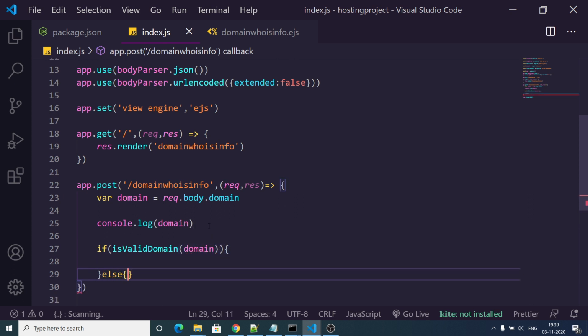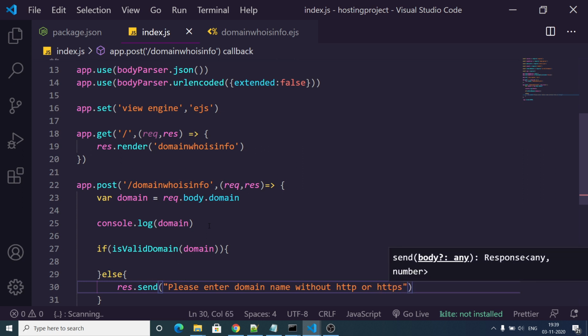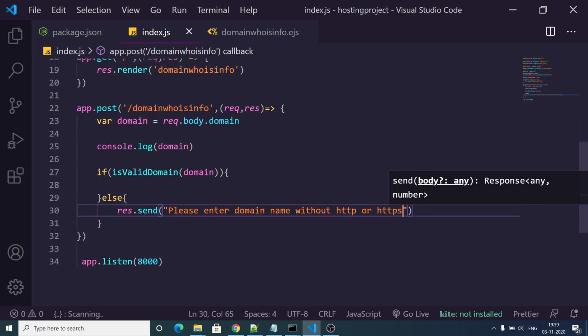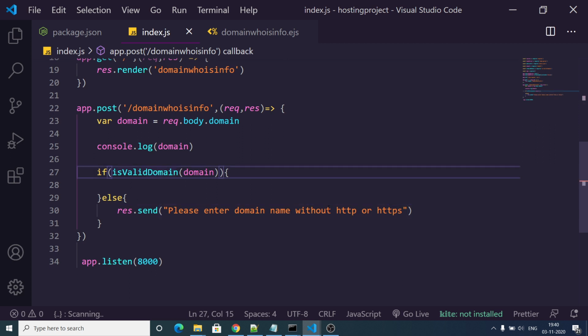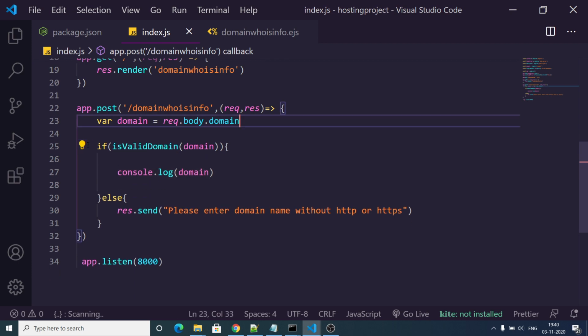In the else block, we can just say response.send, please enter domain name without http or https. So here simply we need to write the domain name without http or https. We only need to write the domain name. We don't need to write http or https. So now we can simply console log domain if the domain name is correct, like this.